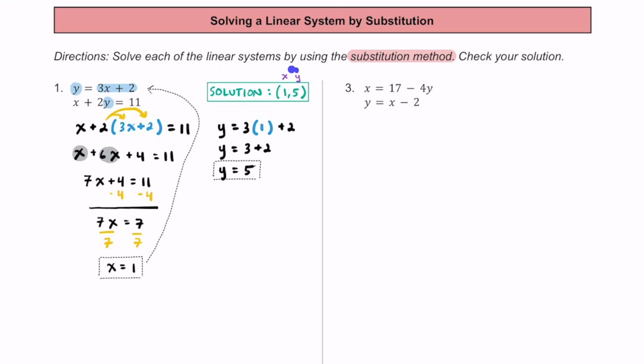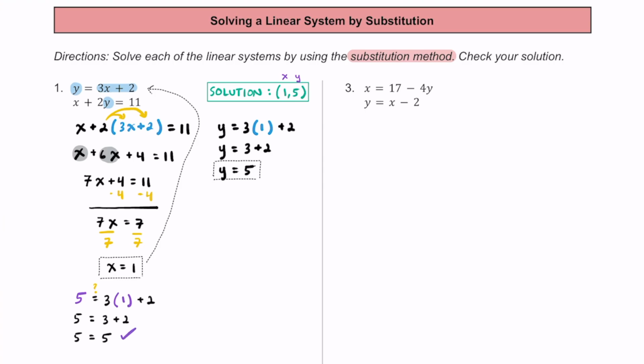Now just to check our work, remember this is an x value and this is a y value. To make sure that our answer does make sense, let's take our solution of 1, 5 and swap out x for the 1 and the y for the 5 over here. That's going to be 5 in for y. That's going to be 5 is equal to 3 times, what is x? x is 1. Let's substitute 1 in there, and then plus 2. Let's see if those are equal to each other. We're not sure, so 5 on the left side is maybe equal to 3 times 1, which is 3, plus 2. 3 plus 2 is equal to 5,